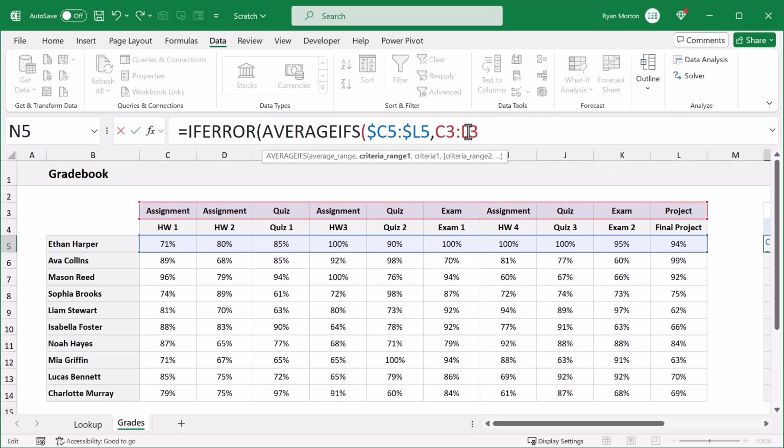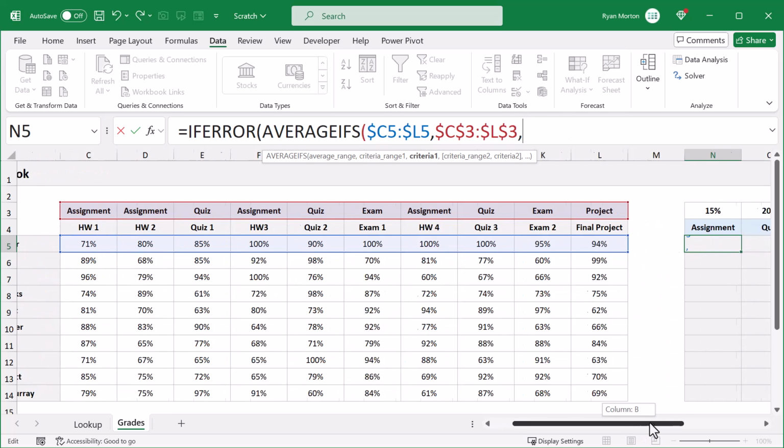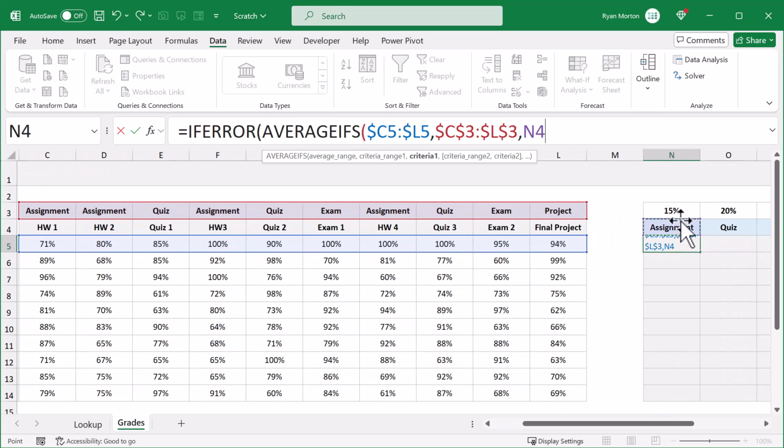And for this reference, add $ signs before both the column letters and the row numbers so that no part of this reference will change. Then move to the next argument and select the category right above the cell that you are working in, and place a $ sign in front of the row number like so. Move to the next argument, select the grades for the first student again, place $ signs in front of the column letters,